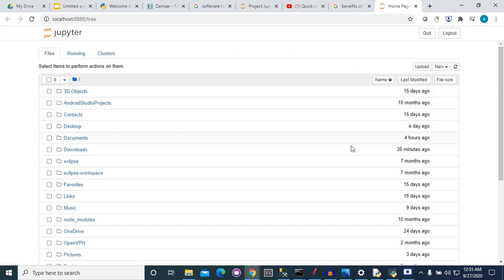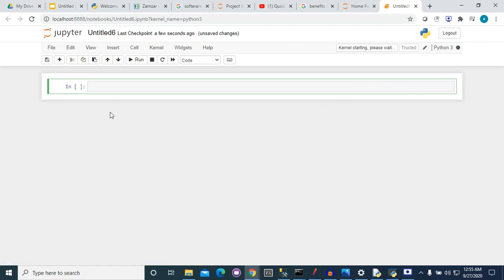Now this is the browser web view of Jupyter Lab, and you can see that this is displaying the directories of the current folder. To add a new script, we just need to click on the New button and select Python 3. Now this is the default user interface of Jupyter Notebook, and we have the File option here.